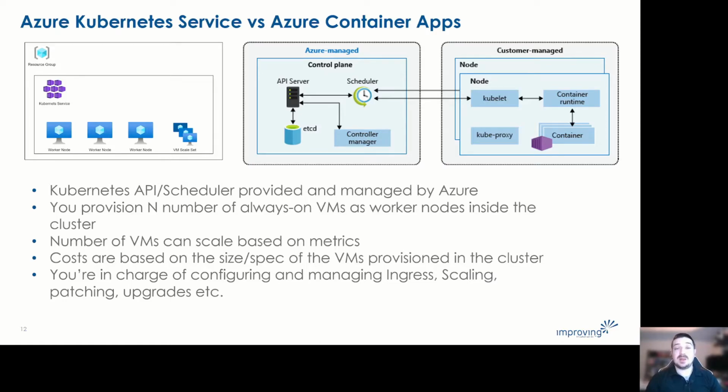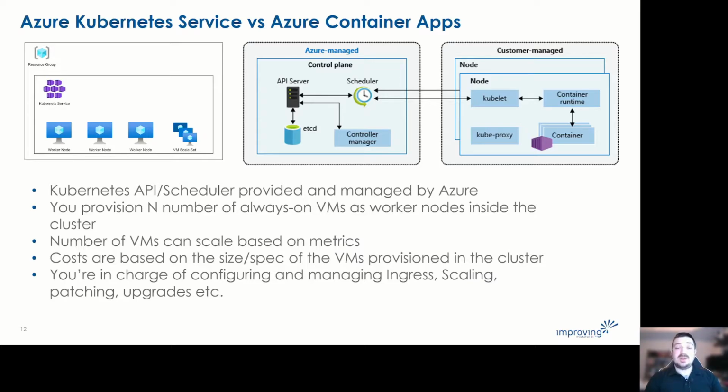So you can dynamically scale up and down not only the pods that are running, but the actual number of virtual machines that are deployed in your environment. So you can control cost in that way. The costs are based on the size and specs of the VMs provisioned in the cluster, and then how long they're running. So if you've got 3 VMs and I want a 3-node cluster up all the time, but my workload overnight is a little bit less, you might be able to scale down the number of pods running, but you're still paying for those virtual machines that have been spec'd up to handle your peak workloads.